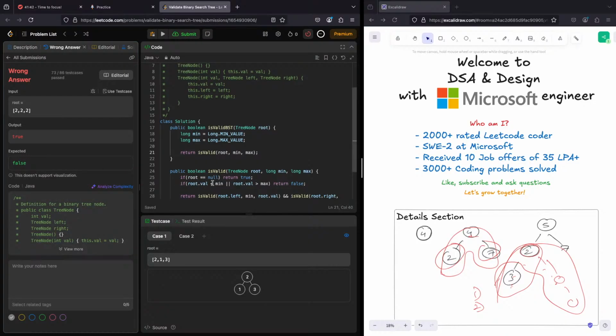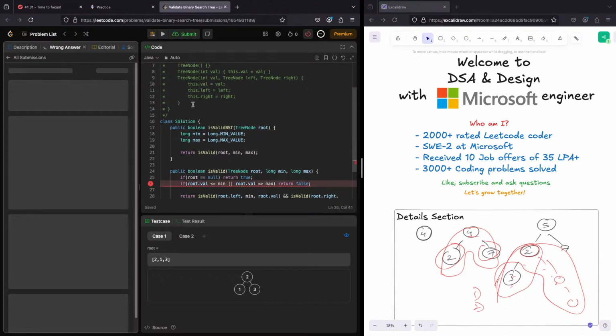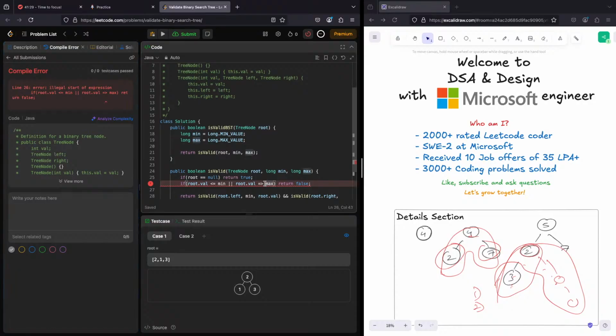So if it is equal also, then that's also a problem, right? If it is greater than or equal to,